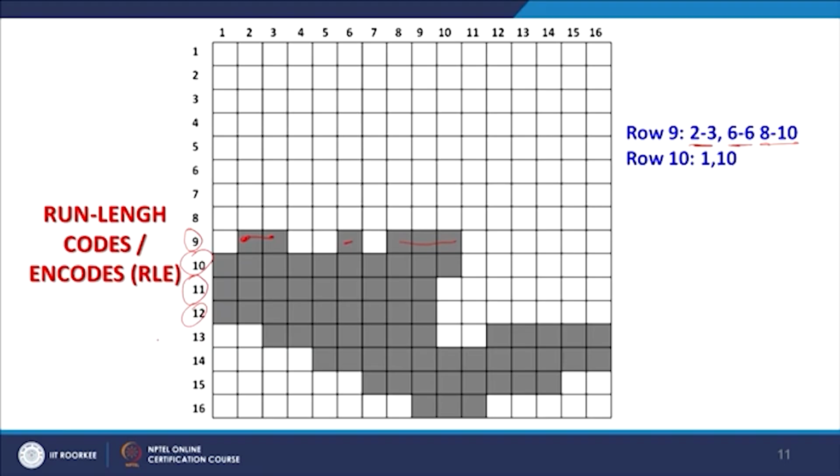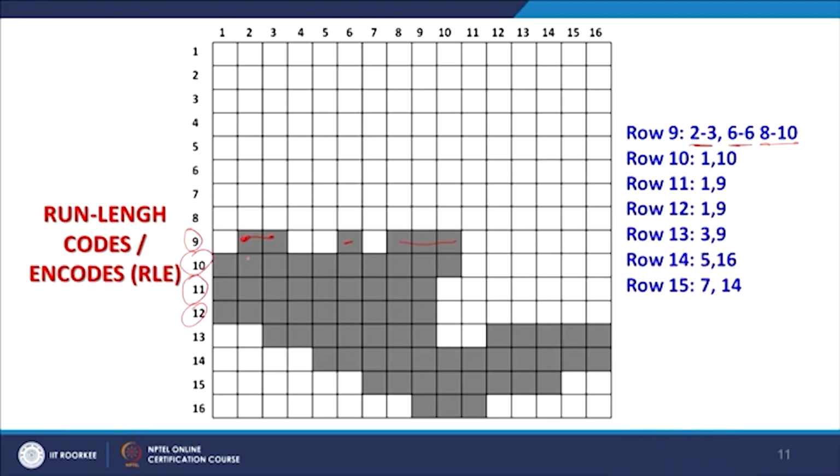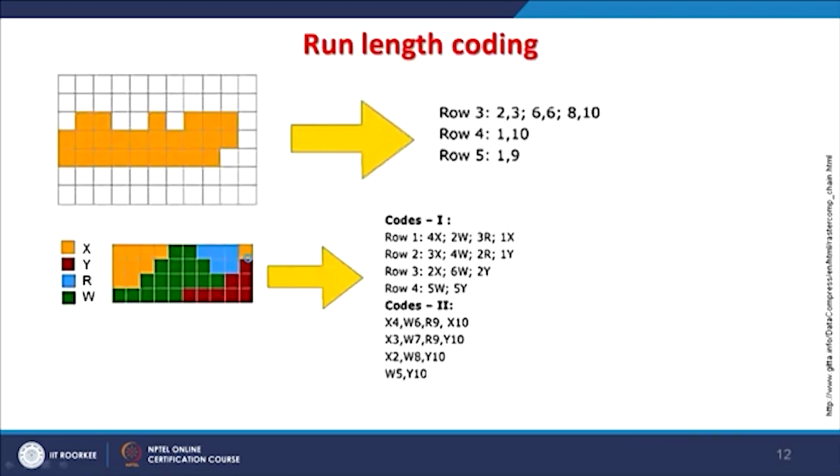So for 10 it is just simply 1 to 10, it is all black, and likewise we can code the entire black area of this particular image. Now, run length code for a little more complicated area. Instead of having just a binary image, if we have a theme which is going to be coded,